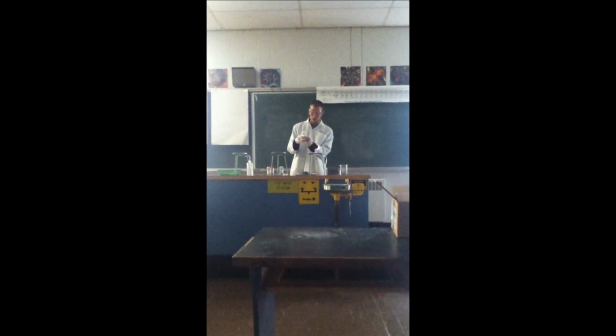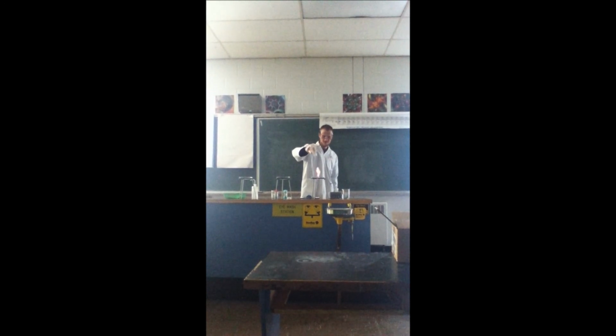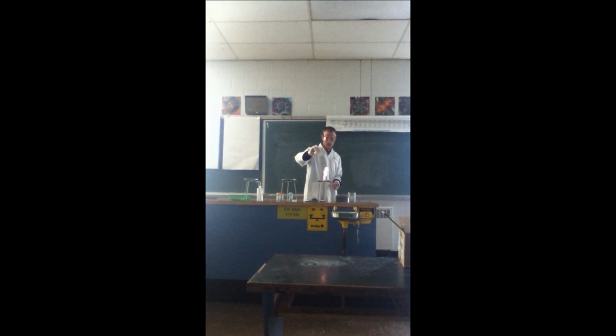All right. Wow. I'm going to get that on quickly so that hopefully you guys can see. This is strontium chloride. All right. Can you see the flame turning red there? Yes. All right. So what's happening is when I add this metal, okay, strontium and chloride, it's a metal salt. When you add that metal, when it falls into the ethanol there, it dissolves, and then when it's burning with the ethanol, it releases